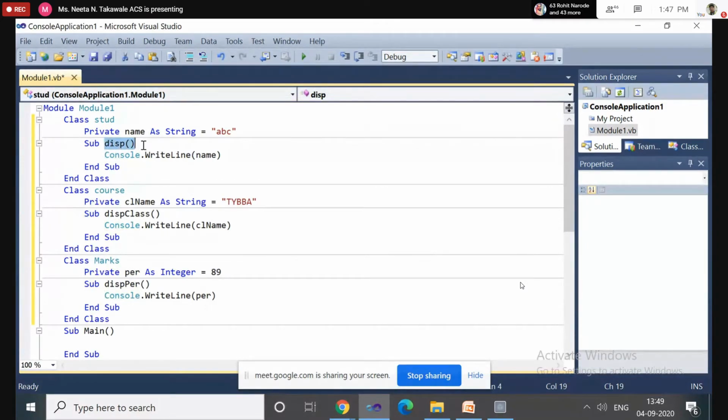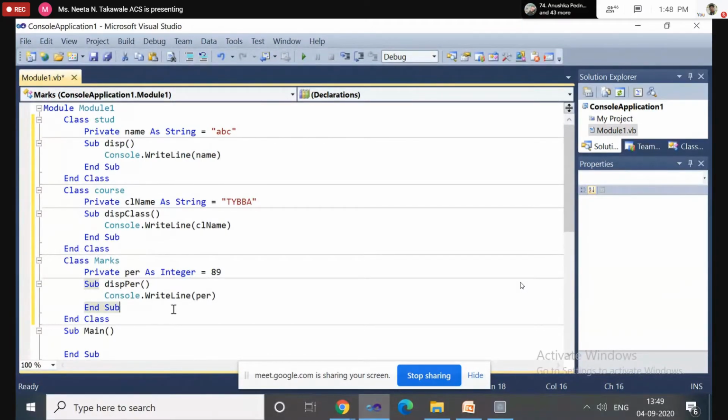The display method which is defined inside the Student class, I want to access inside the Marks class, and the display class method which is declared inside Course, I want to access inside the Marks class.